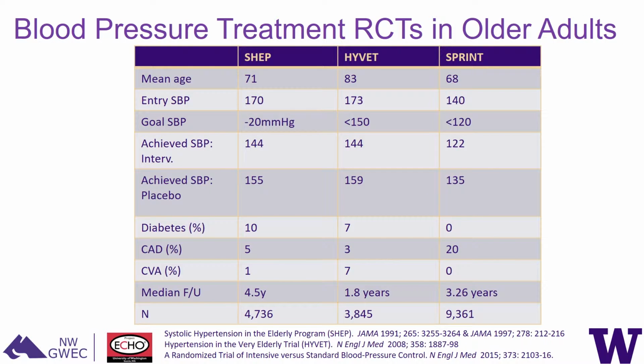These are some recent trial data, and these are all randomized control trials. I stress that these are randomized control trials, and we'll talk a little bit later on about why that is a point that we'll stress. You could see from SHEP, and all the references are listed at the bottom of this table, HYVET and SPRINT. The mean ages are pretty variable, and these are the entry systolic blood pressures and the achieved